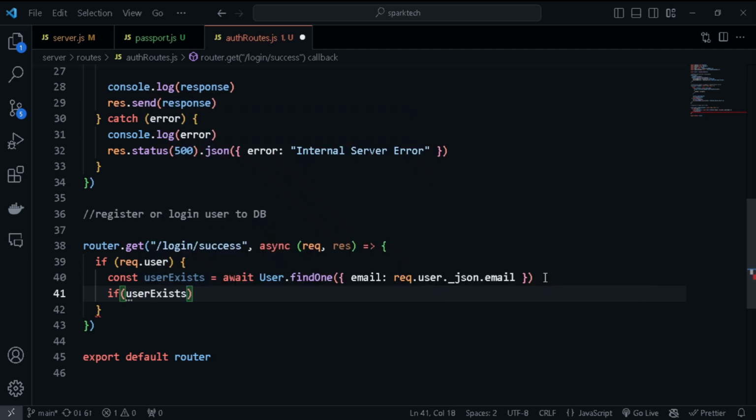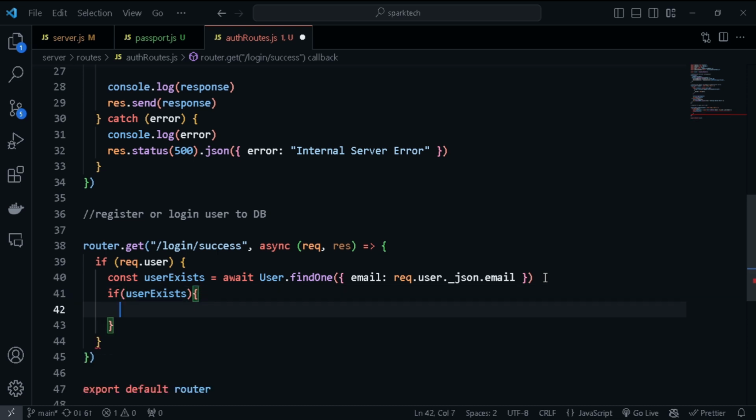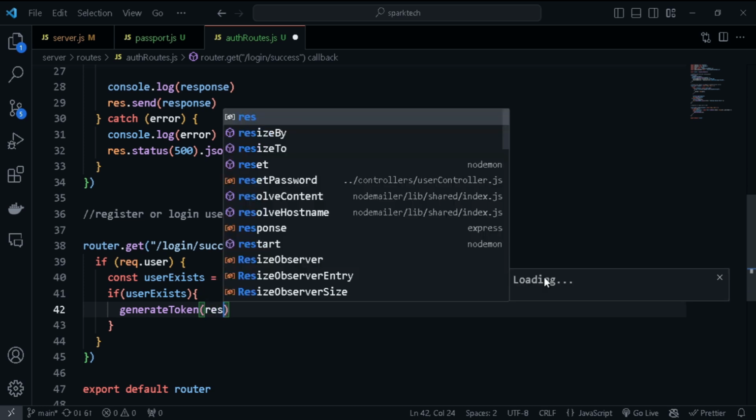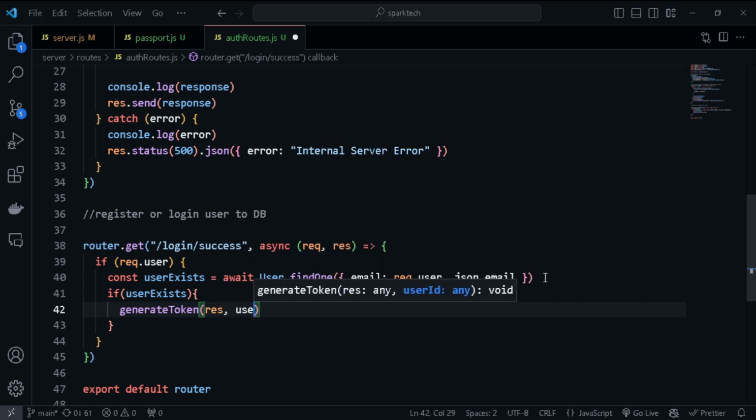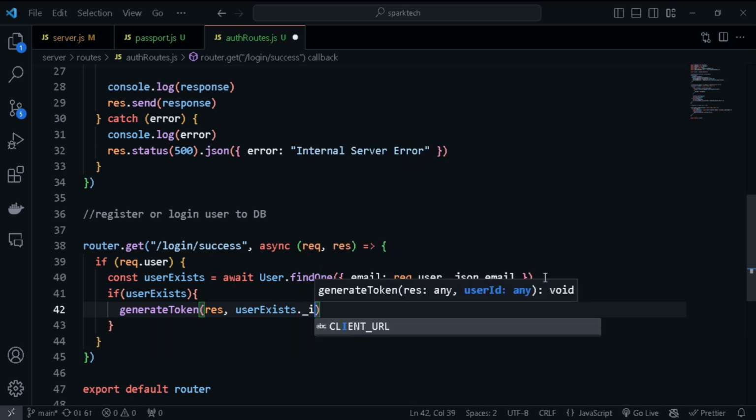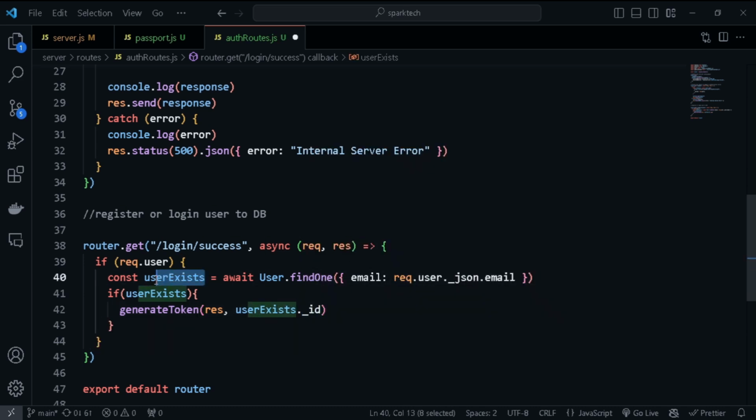If the user exists, then we just want to sign in the user. So we just want to generate token, and then we want to pass in the response and userExists._id. This will fetch the user from the database, which has a property of _id. So that's done, and now if the user doesn't exist, so else,